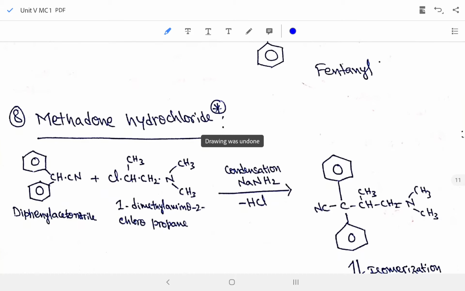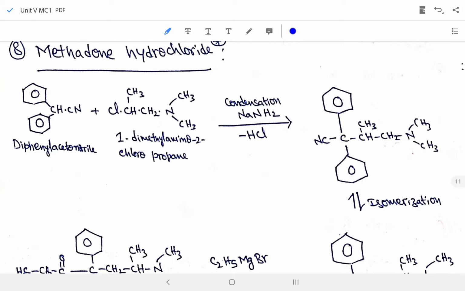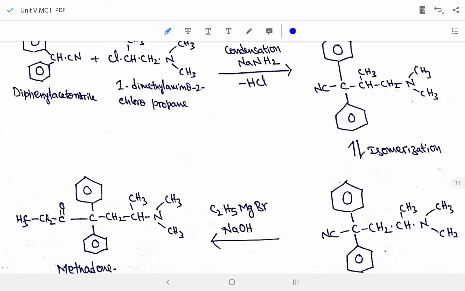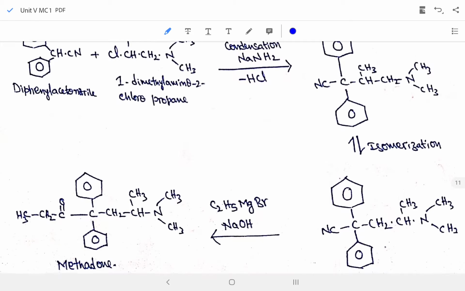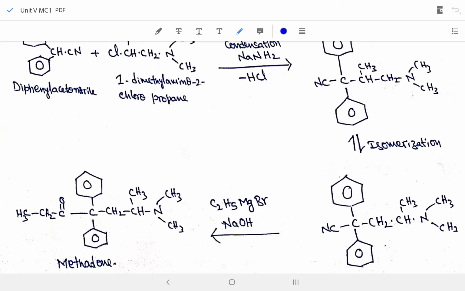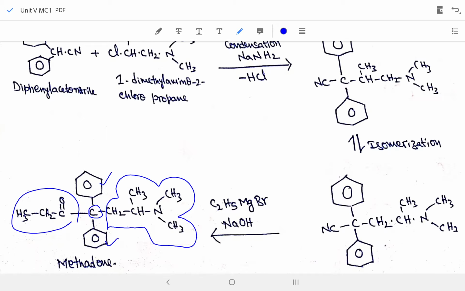Next we move on to methadone. We need to learn the synthesis of methadone also. So let us see the structure of methadone first. This is the structure of methadone. A central methane carbon is attached with a phenyl ring, on the other side another phenyl ring, and this side again propionate. The side chain is similar, only the arrangement is different. This is very familiar to you by now if you follow the lecture with concentration. Fine, so let us see this synthesis.